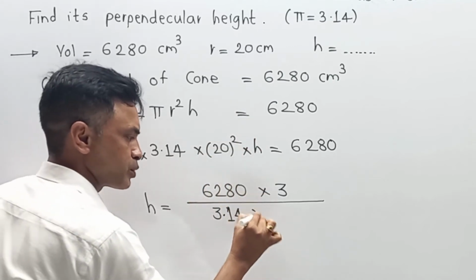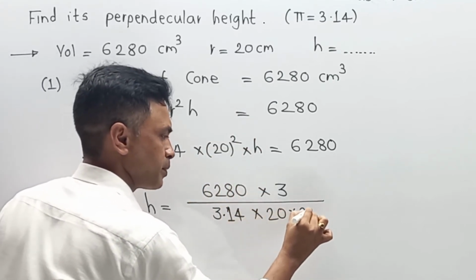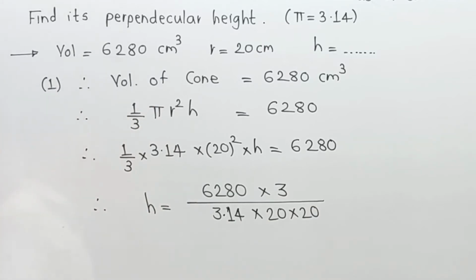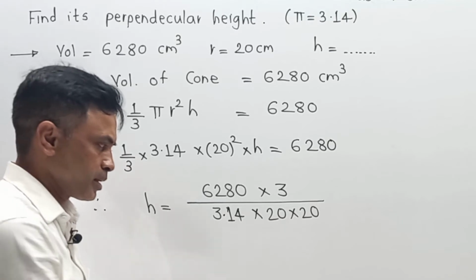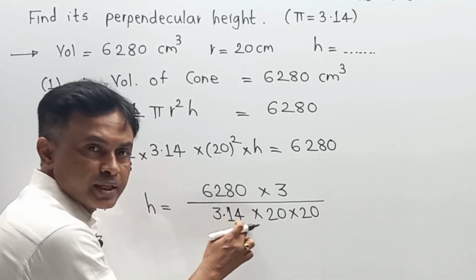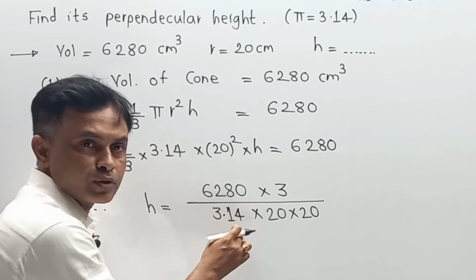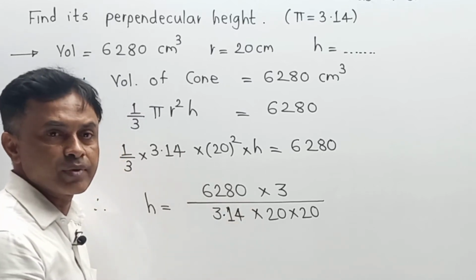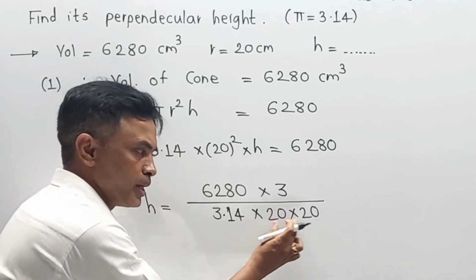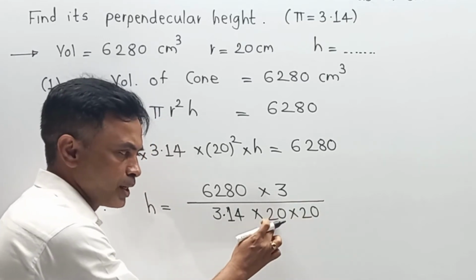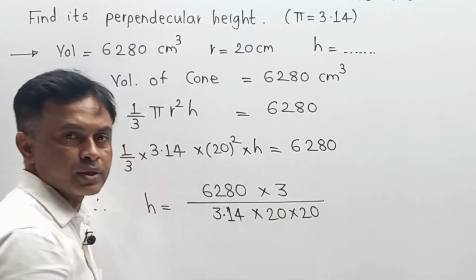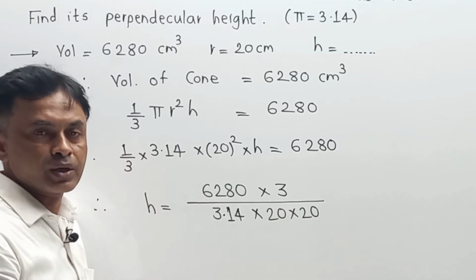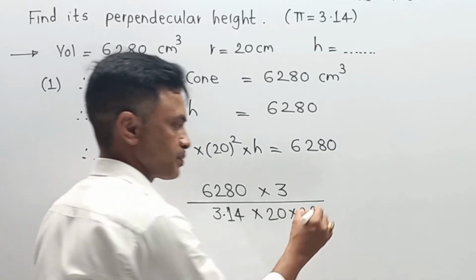into 20 square, so 20 square means 20 into 20. Now, simplification one by one is the most ideal part in this step, and a number of students do some lengthy work and get the wrong answer. Remember, 3.14 means after the decimal there are two numbers, and here simplification will be the most important part. Now 20 into 20 means 20 is 2 into 10 and 20 is 2 into 10. So this simplification is required over here. Please pay attention.